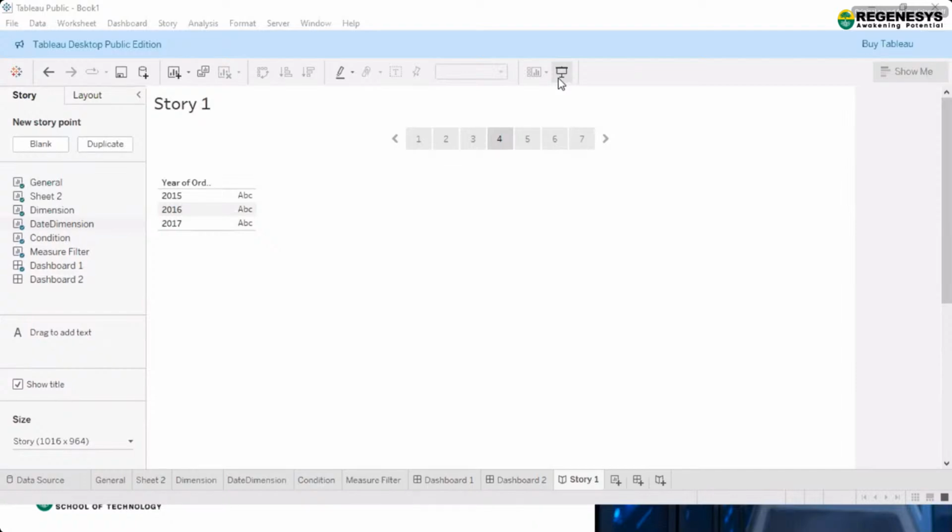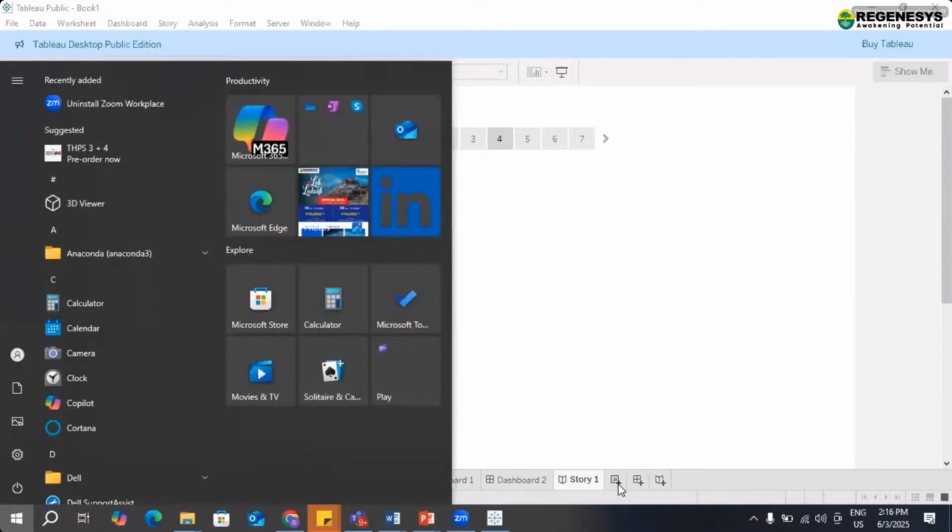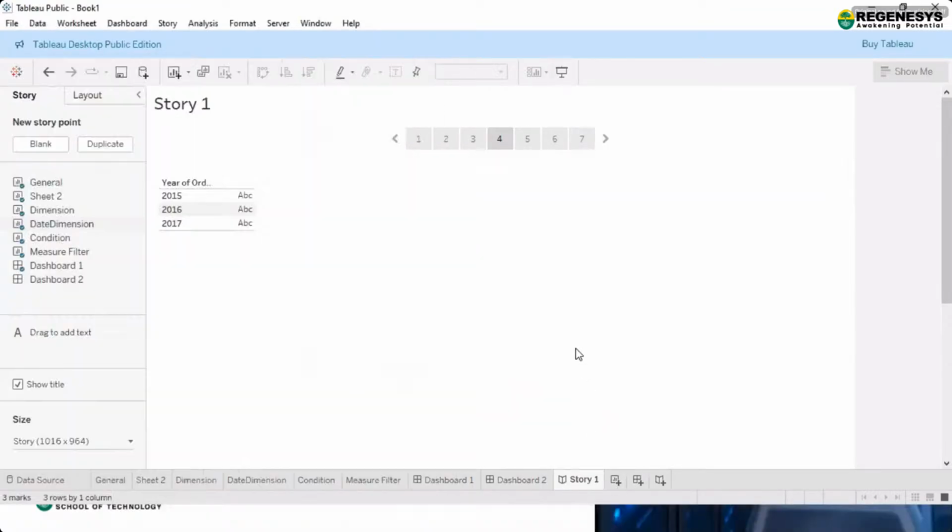Everyone, please create the story. You can even create two stories, one with three sheets, another with another three sheets. Based on the data and the scenarios which you have, you can create one or more dashboards or many stories also.